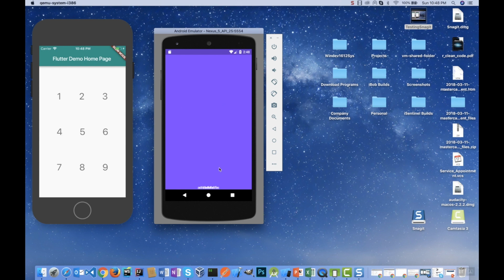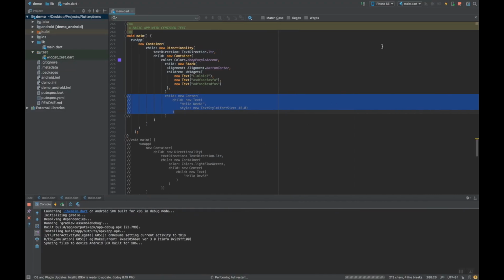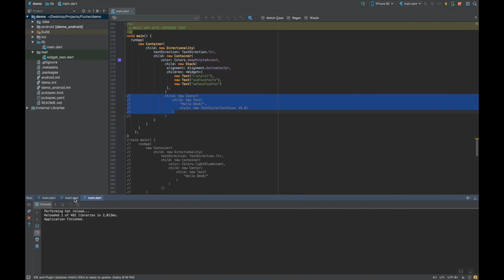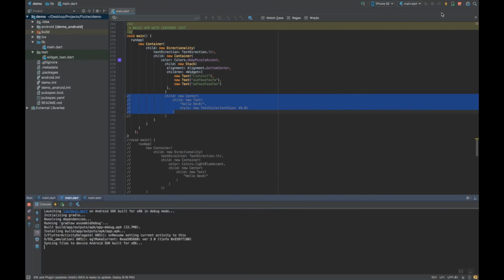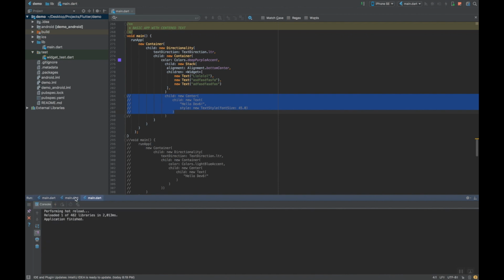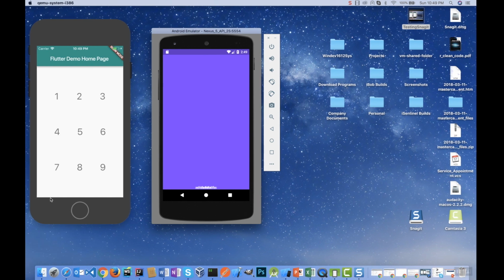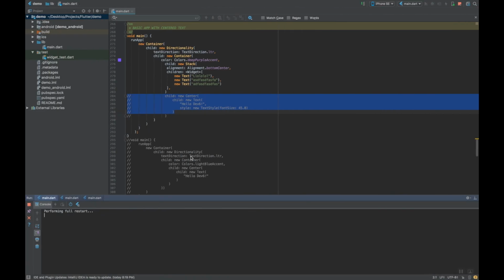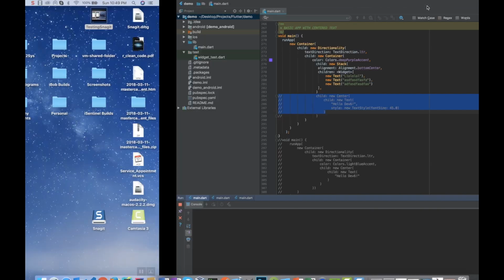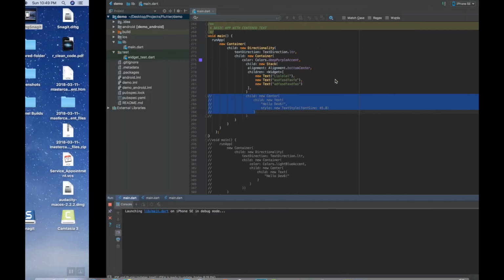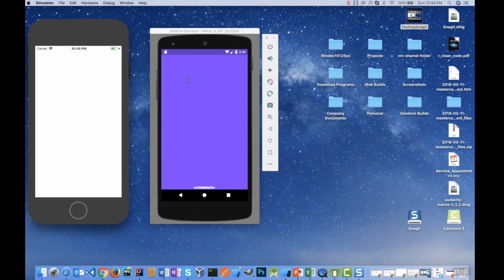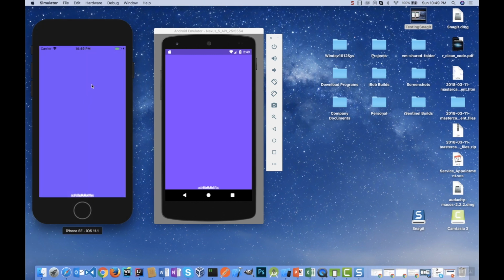So as you can see, everything is now purple. This is a different thing. It looks like iOS is still loading up here. Okay, it's over there. I'm just going to try to restart the iPhone here. But in the meantime, we can look at the Android one. Oh, there we go. Okay, so